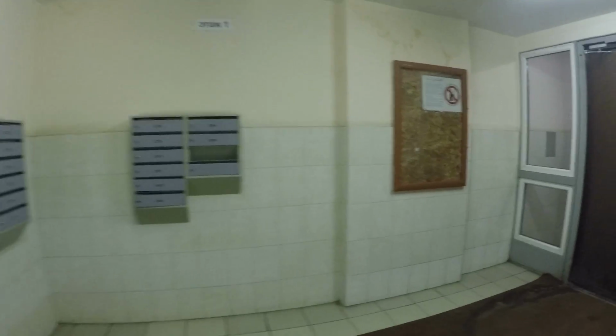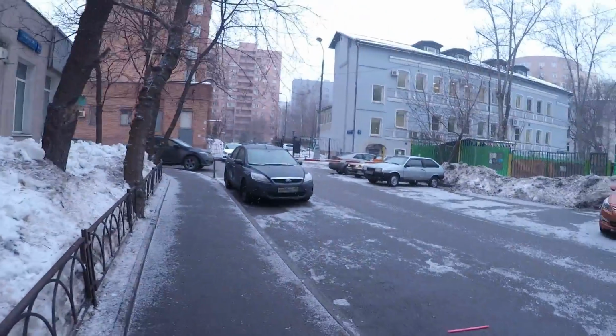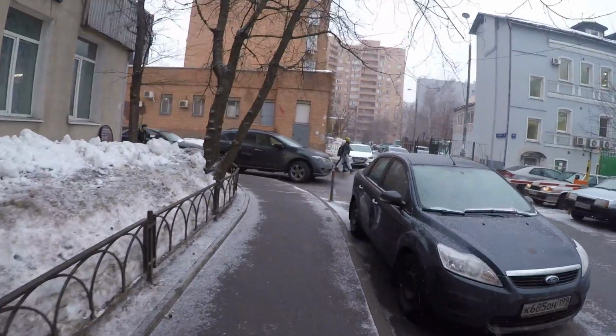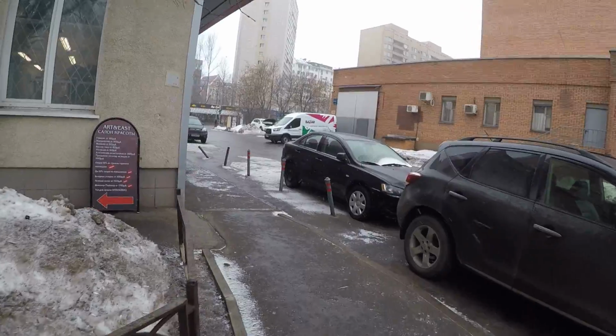Here I am coming out of the building I'm staying at in Moscow in an Airbnb apartment, and I'm gonna head around the corner to the local supermarket to show you what it looks like. It's not a fancy one, it's just your regular everyday kind of supermarket out here, to give you a real good idea of what typical things cost in Moscow and not directly in the middle of the city center where